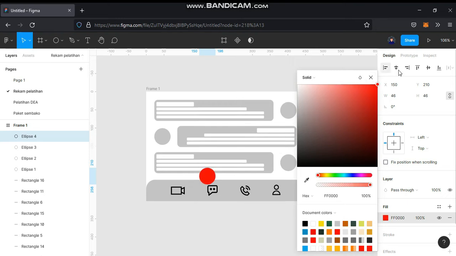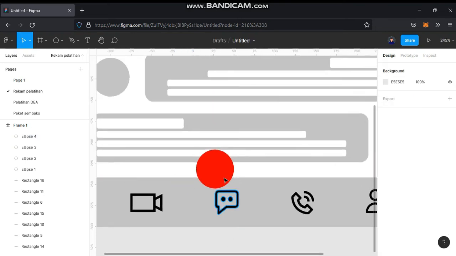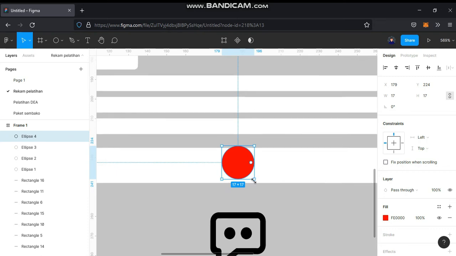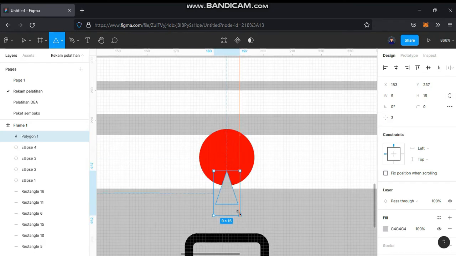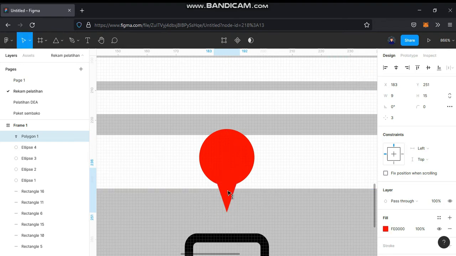We copy the circle and fill the color red. After that we make the circle small. We make the notification icon, and then lower the opacity.